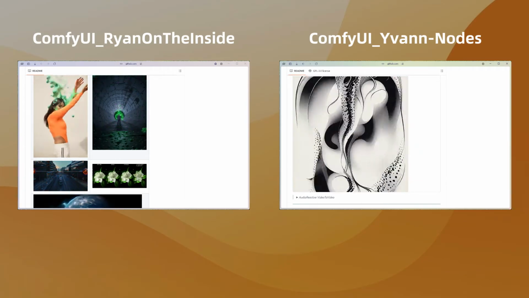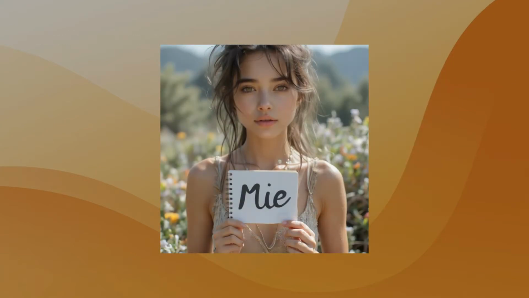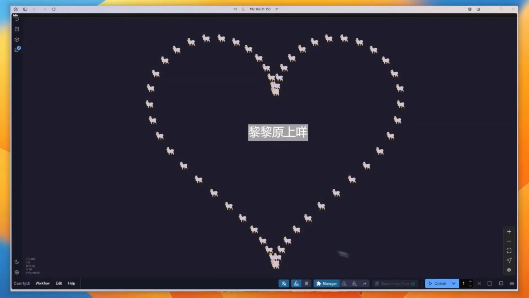Recently, I discovered that the author of the Ryan plugin directly updated it with the functionality I wanted, so I tried it out right away. The results were pretty good. Today, I'll show you how to build a workflow that allows you to upload any portrait and audio file, achieving